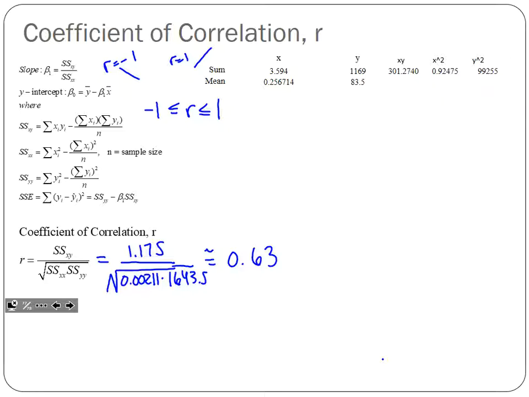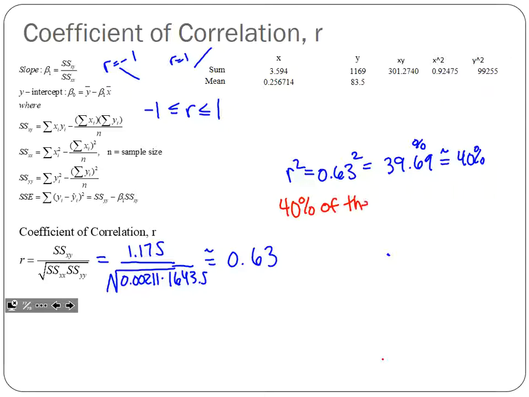We can use this to determine R squared equals 39.69, or roughly 40%. Okay, this is percent. What this is saying is 40% of the time